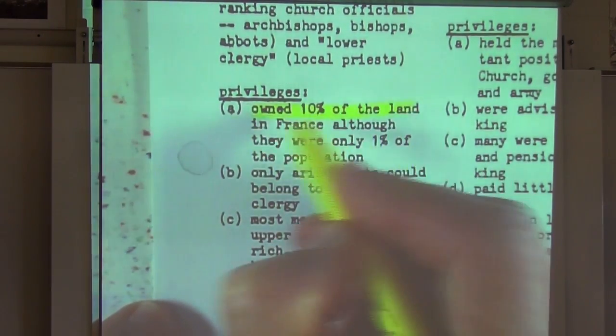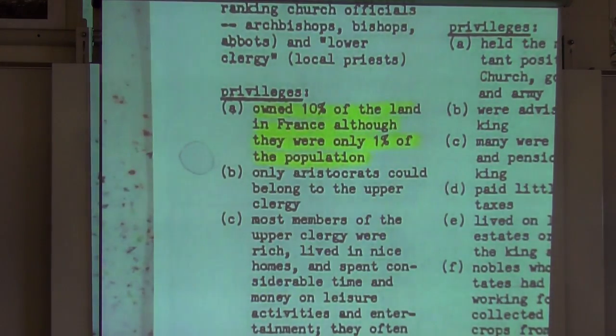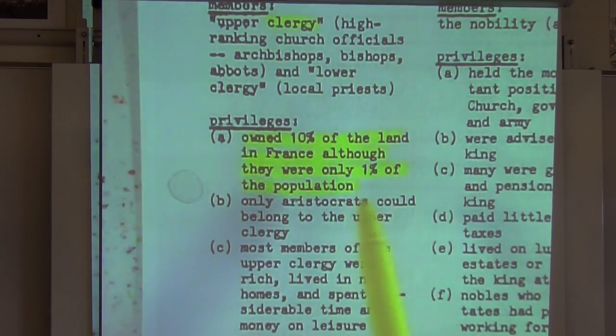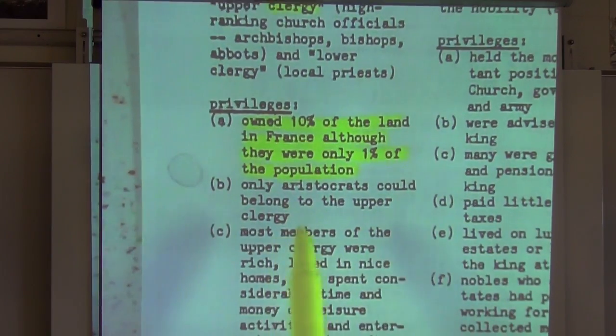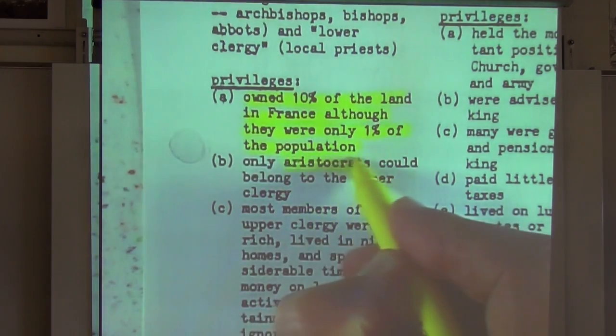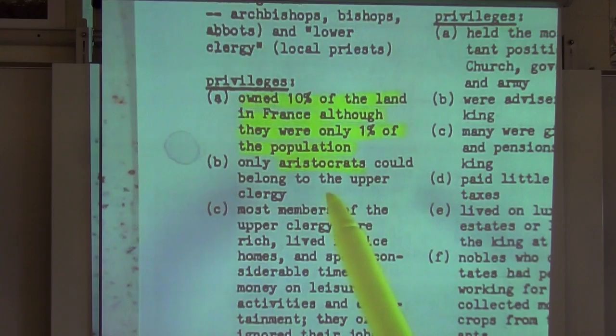This is sort of interesting. This is going to be one of the discussions. That's the problem here: land distribution. You have 1% of the population controlling 10% of the land. Now, aristocrats, this is a very important word that we keep in mind, and I'm thinking you understand this. This is the nobility. This is the wealthy class. These are people that come from wealth, long-time family wealth. Remember, the nobility is the term that we really use here.